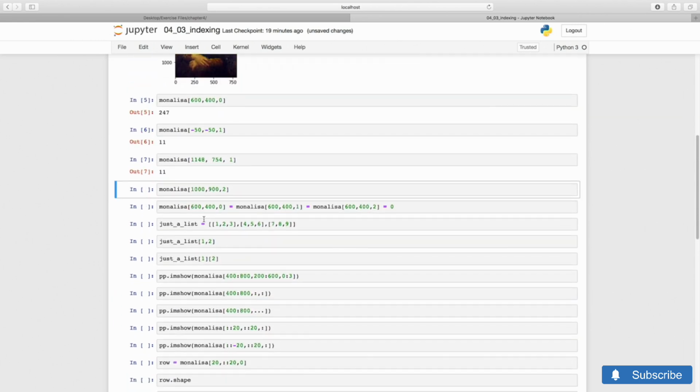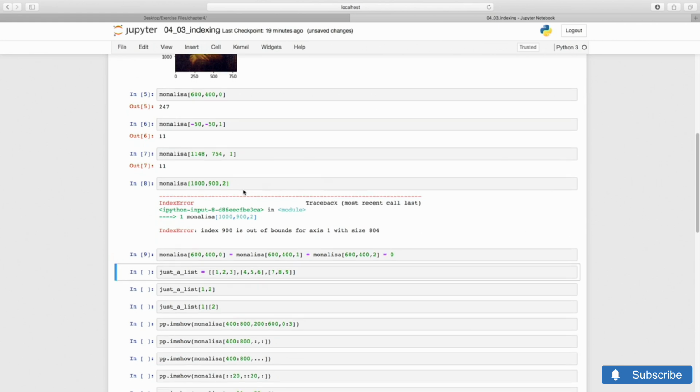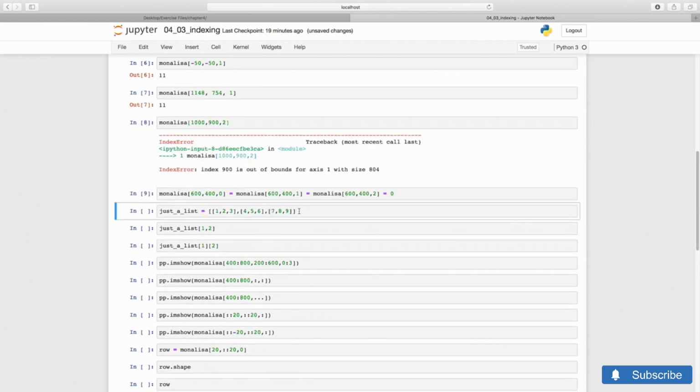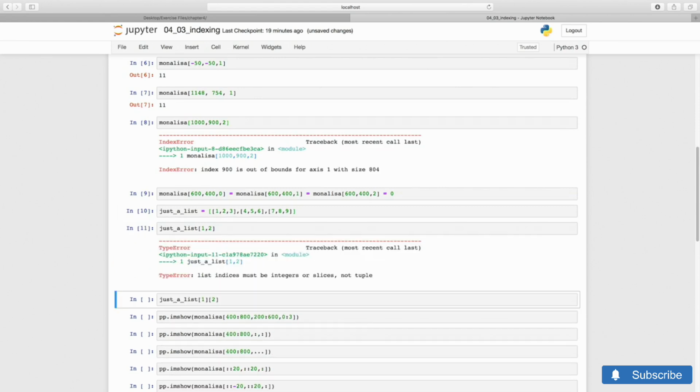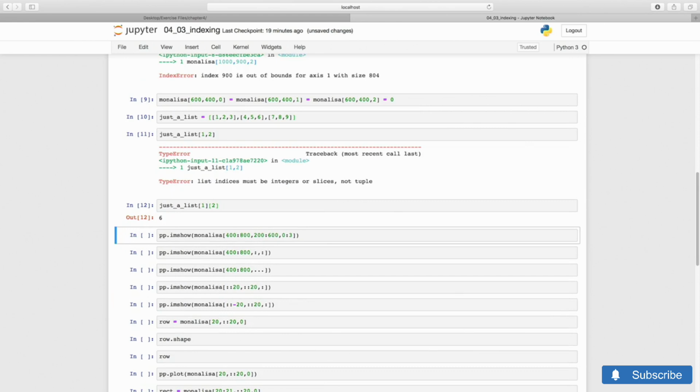If we try to index elements beyond the boundary, we get an index error. And of course, we can use indexing to assign values to the elements. Once you get used to multi-indexing like this, you'll have the temptation of trying it on nested Python lists, but there it doesn't work. So let me demonstrate with a rather uninspired list. We cannot ask for element 1, 2, rather we need to ask for list number 1 and then element 2. One more reason to like NumPy arrays.